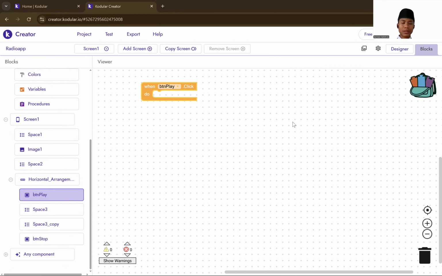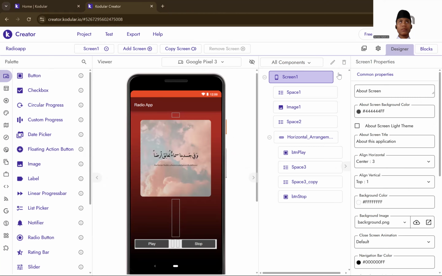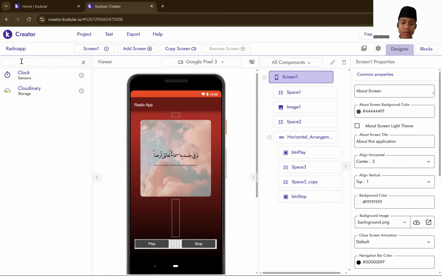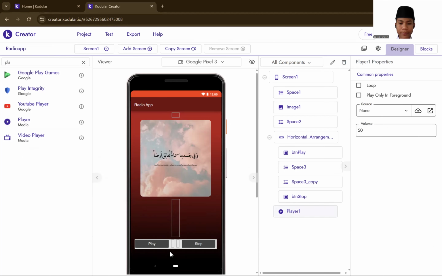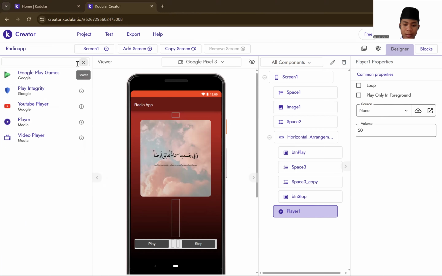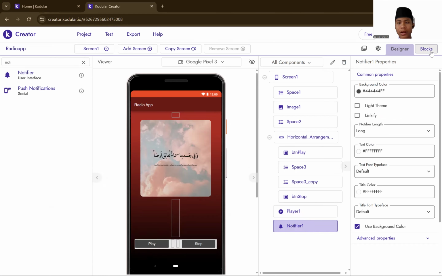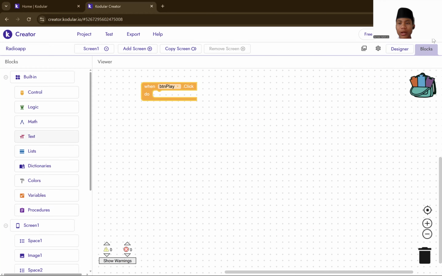And then you go to designer first, and then you take the name is player, in here. Then you take the name again, notifier. This okay. If done, you back to coding again.